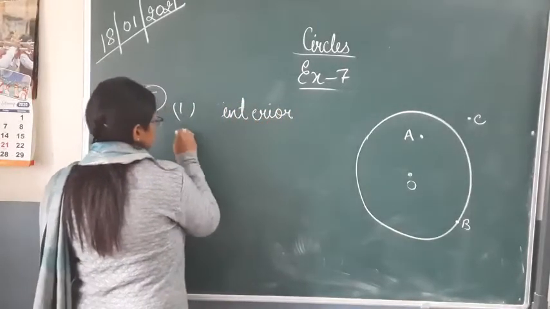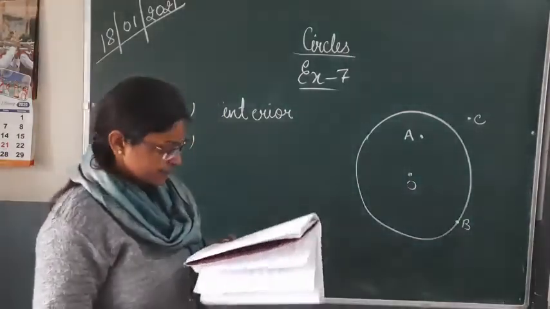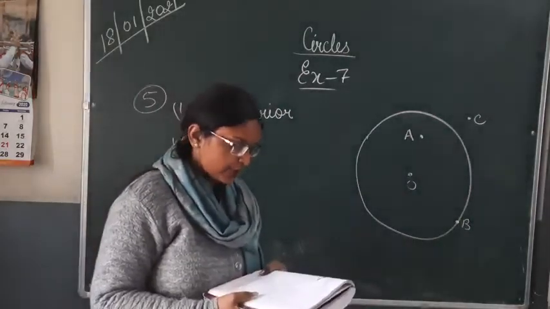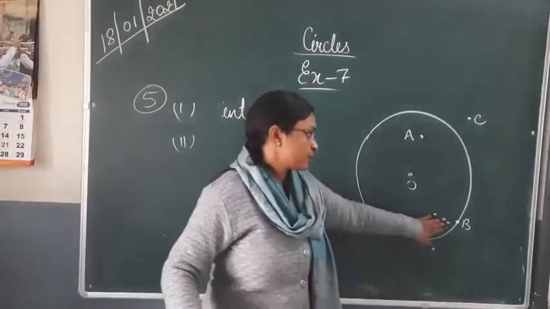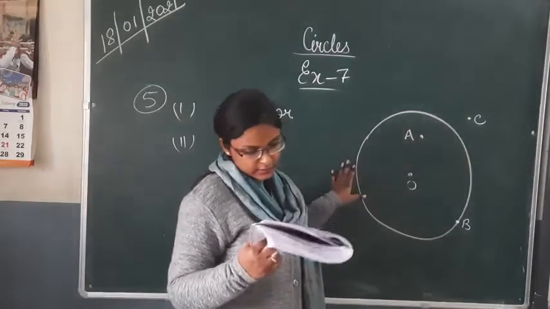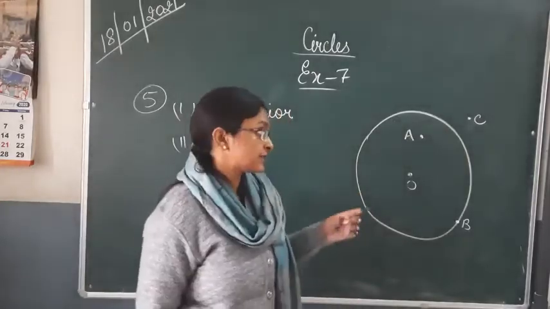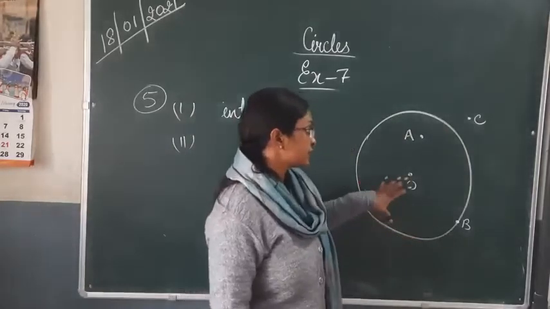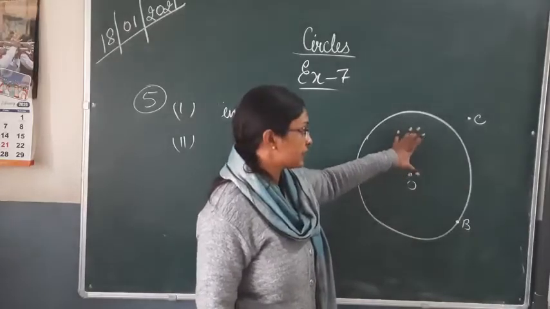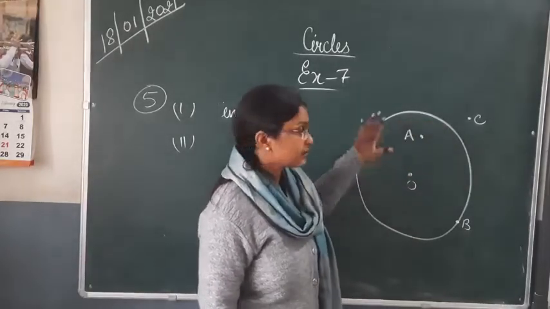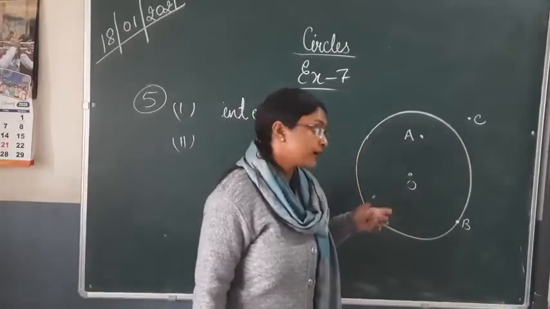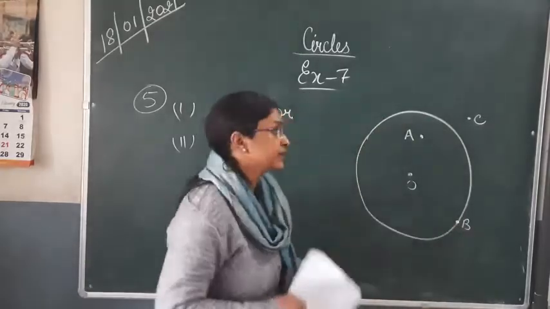Next is its second part. The point dash is a point on the circle. This point dash is a point on the circle. It is talking about on the circle. Circle के ऊपर. तो सर्कल, ये सर्कल का ऊपर नहीं है, ये सर्कल के रीजन के अंदर एक तरह से हो जाएगा. ठीक है, सर्कल के ऊपर क्या हो जाएगा? पॉइंट बी.